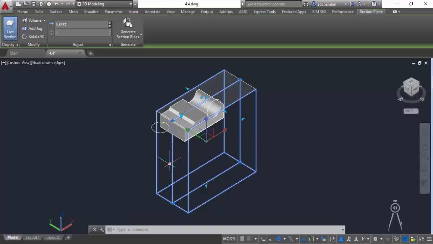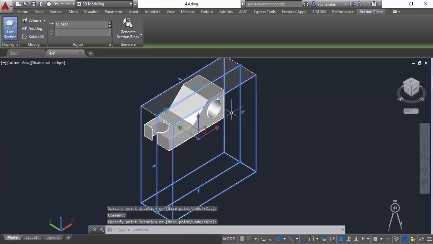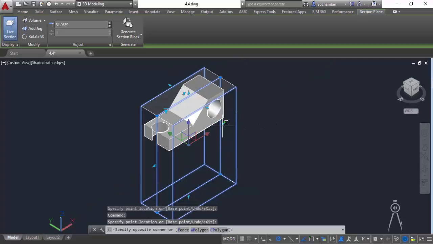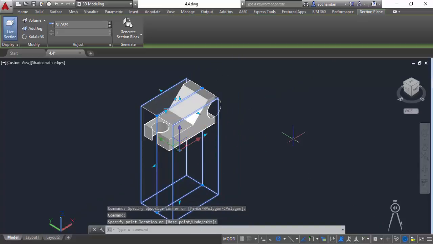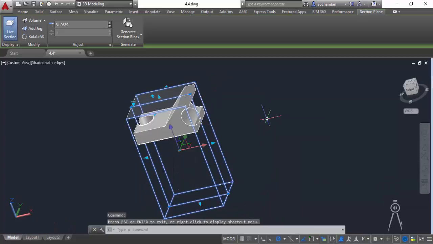So let's say that we want to see more of this, so let's expand it here, and our geometry will be more visible towards this side. If you want more on the top side, then click here, and here we have it. Now let's say that from this side we want to decrease it, so using this grip I'll decrease it here, I'll decrease it further, and the change will be visible here. So in this way we can visualize our solids more clearly using volume or plane or other type of section